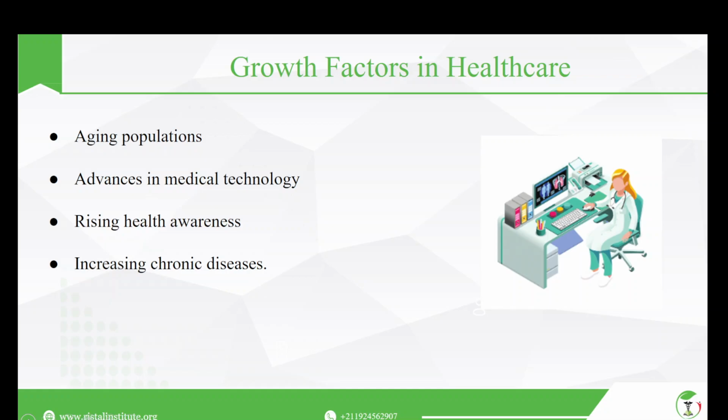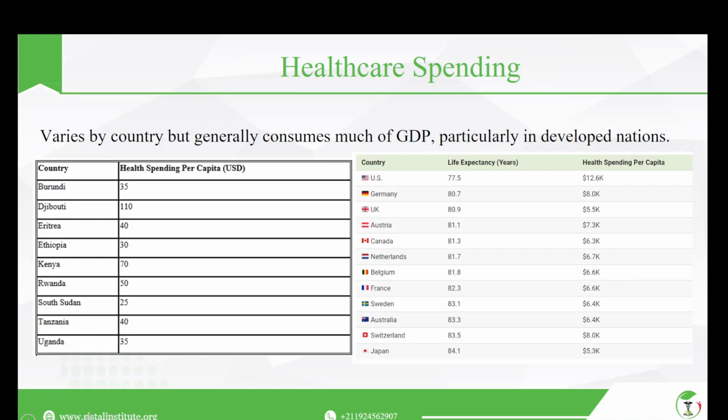What are countries spending? We can see that, of course, one of the highest spenders in the healthcare industry is the US. Okay, the amount of money that the US government spends on each citizen is the highest actually, as you can see here. Health spending per capita: how much money the government spends on the health of an individual, per person. The US is spending quite high compared to, for example, Germany. You can see Germany is spending